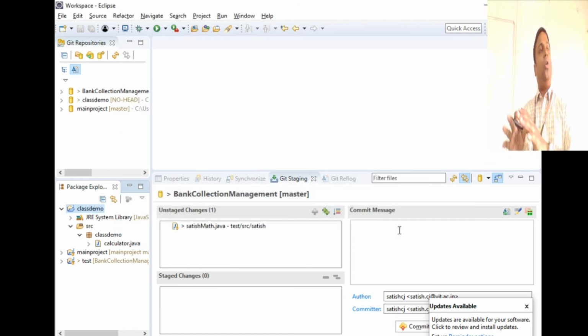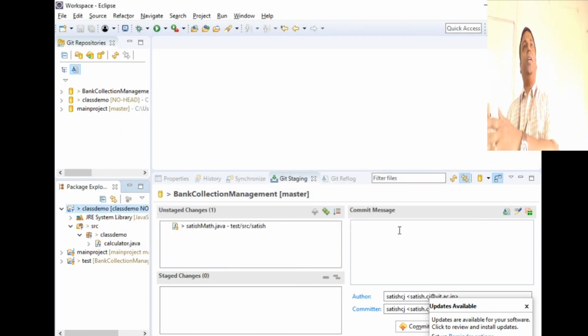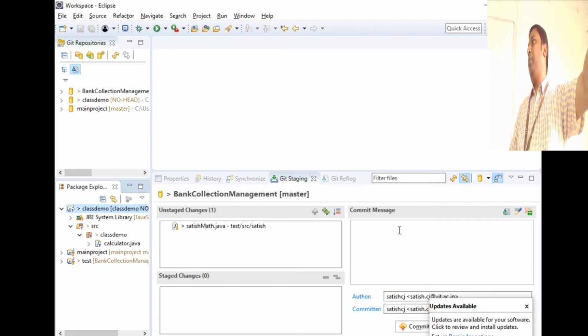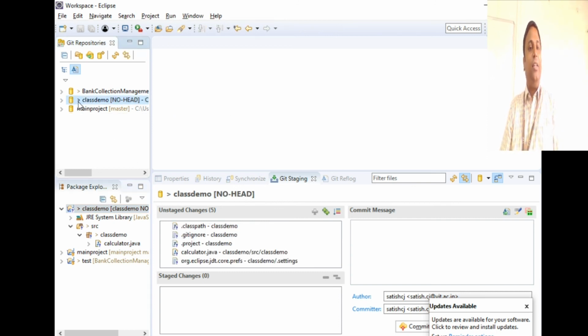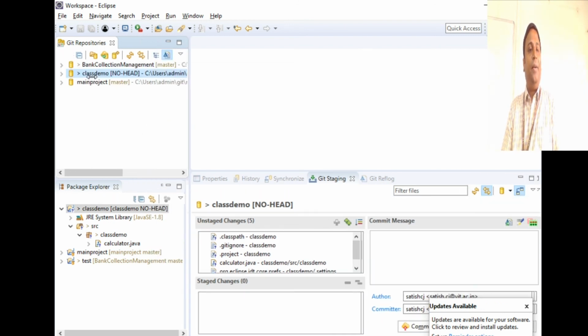What Eclipse is doing is moving the project from the Eclipse workspace where it is stored to the local Git repository on your laptop. So now that project got added here. When you go to the Git repository and check, you can see all that is getting added.